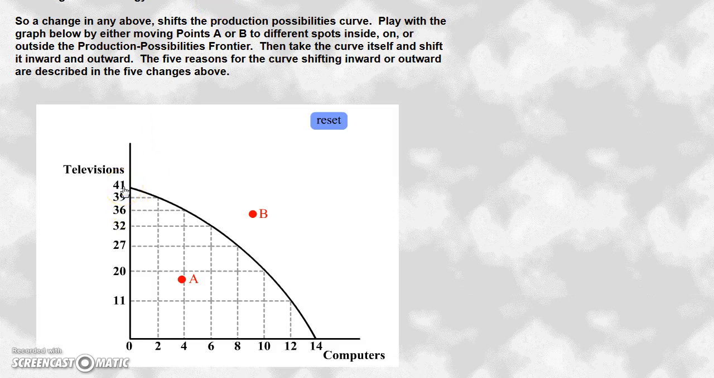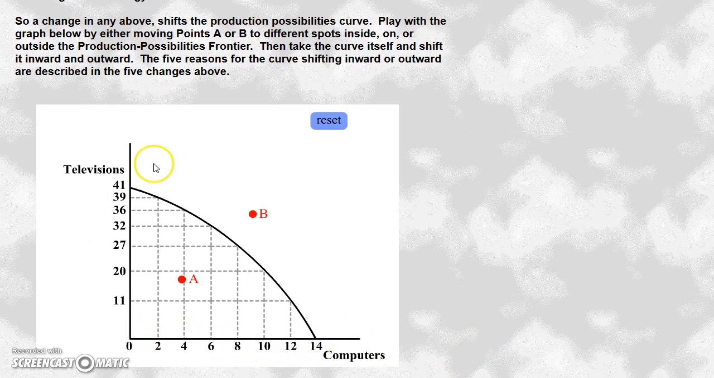This production possibility curve is an increasing cost because it is bowed out, so it has that kind of half circle look. If it were constant cost, it would be a straight line from one axis to the other. So we have all of our resources working towards producing televisions or computers. If you use all of your resources and produce televisions, how many can you produce? Well, you produce 41. And how many computers? That would be 0. If you use all your resources just to produce computers, you would produce 14 computers and